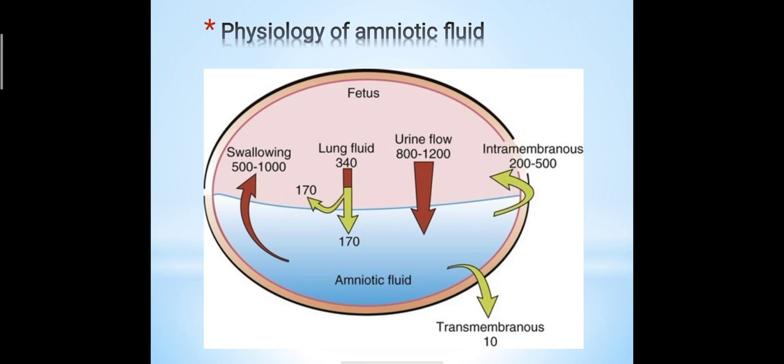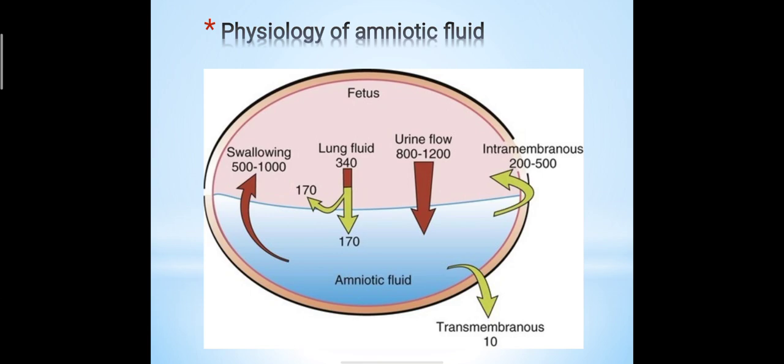Physiology of amniotic fluid: I have told already in a previous topic, polyhydramnios, but I want to repeat it again. In the first half of pregnancy, the fetal skin allows diffusion and hence the amniotic fluid is almost fetal extracellular fluid. After 20 weeks, the fetal skin becomes keratinized and diffusion is impaired. In the second half of pregnancy, the fetal kidney becomes active and thereafter the fetal urine becomes the main source.